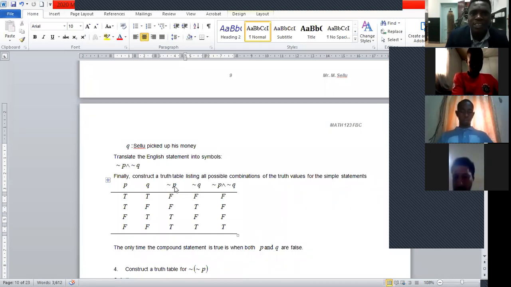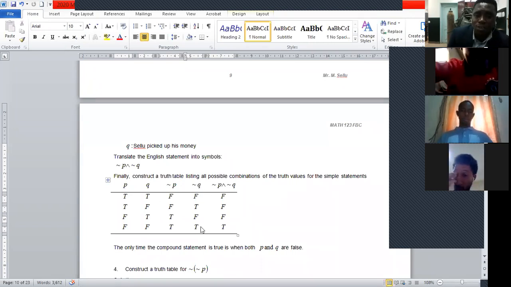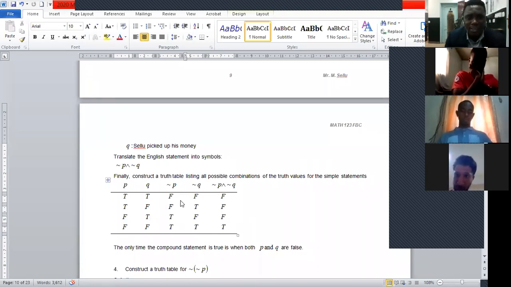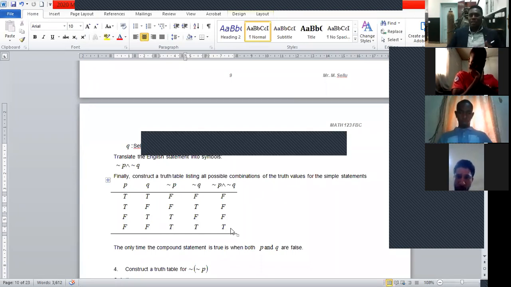Now, the first possibility is saying I negate P. I have to give out the negative of P. So I have false, false, true, and true. Here I see true, I'll replace it with false. The negation of Q becomes false, true, false, true. Now, if I want to combine not P and not Q, false and false is equal to false. False and true is equal to false. You also have true and false is equal to false. And true and true is equal to true. So I have